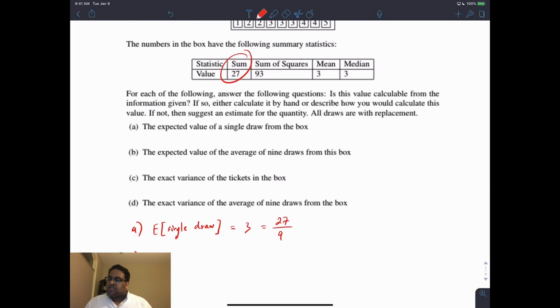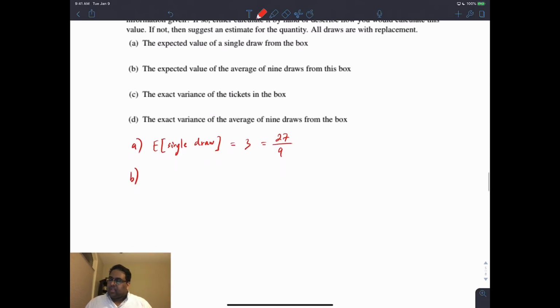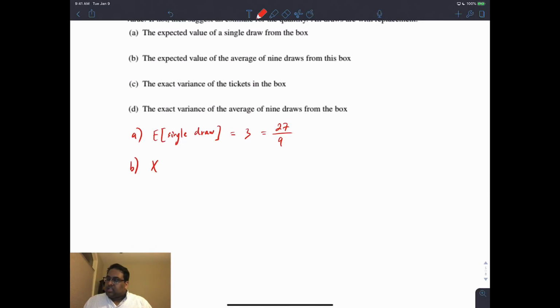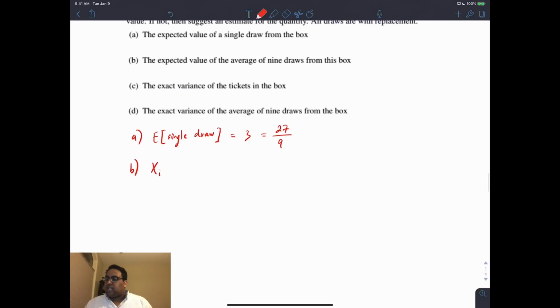B, we're asked for the expected value of the average of 9 draws from this box. Okay, what I'll do is define this random variable xi. It's not an indicator random variable as we had in question 2, right? Because indicator random variables either take on the value 1 or 0. This one will just take on the value of